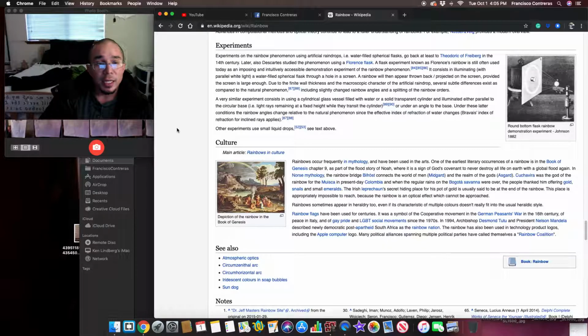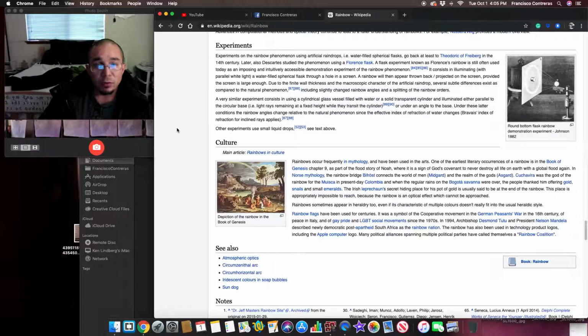It consists of illuminating a water-filled spherical flask with parallel white light through a hole in a screen. A rainbow will then appear thrown back, projected on the screen, provided the screen is large enough, due to the infinite wall thickness and the macroscopic character of the artificial raindrop. Several subtle differences exist as compared to the natural phenomenon, including slightly changed rainbow angles and a splitting of the rainbow orders. A very similar experiment consists of using a